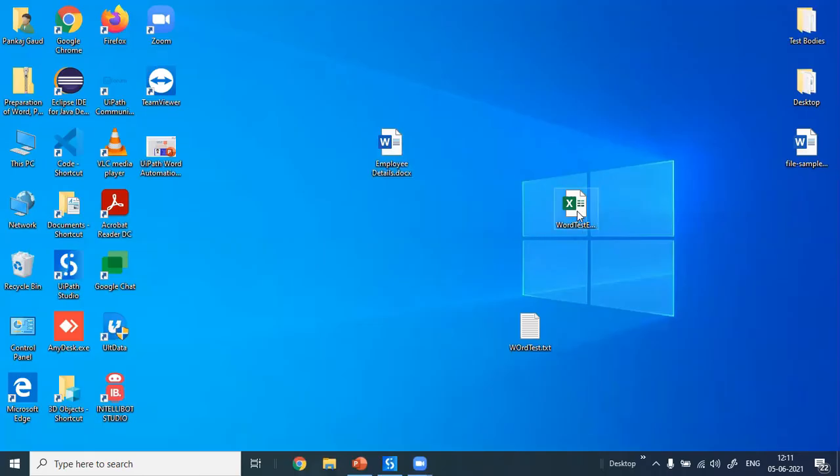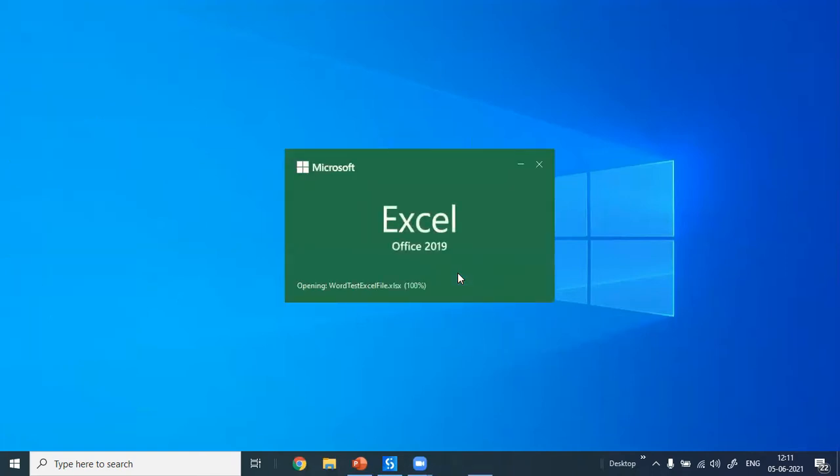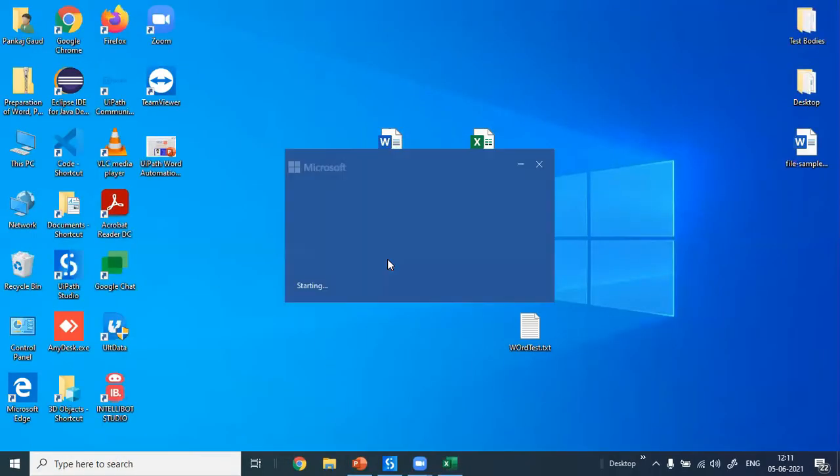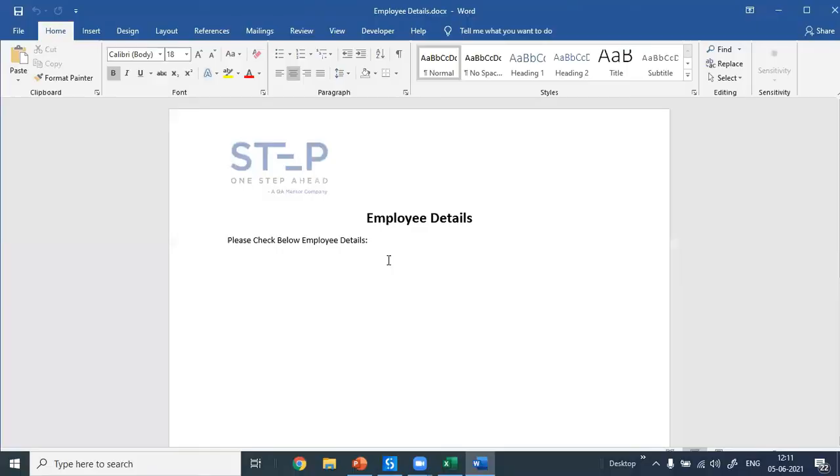Okay. So team, here we have one Excel sheet. Let's say we have to create employee details Word documents, right? All the employee details are present in your Excel database, or whatever database. These data we need to print, or add to our sample document. So Pankaj, can you open the sample document? Yeah, the sample Word document. Here we have the employee details sample Word document, for example with your company's details. So please check the below employee details.